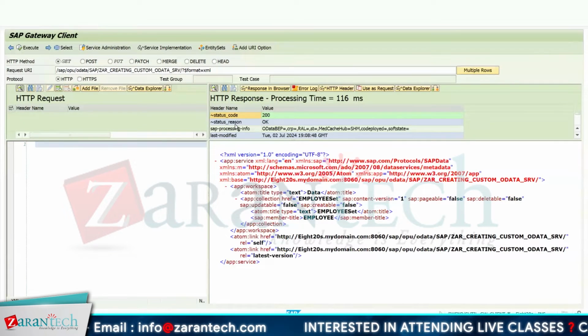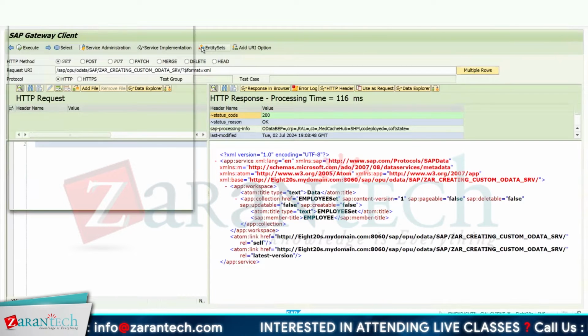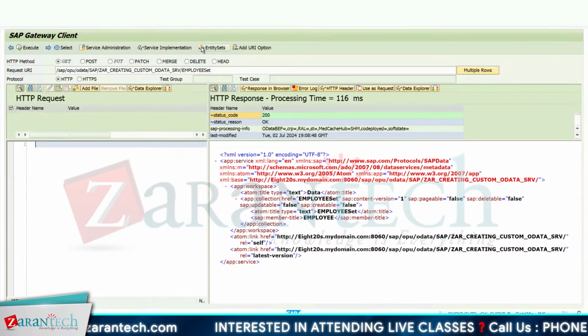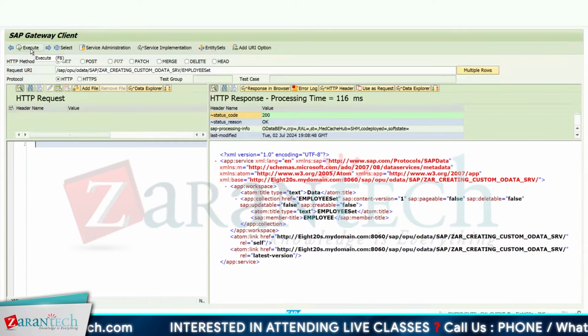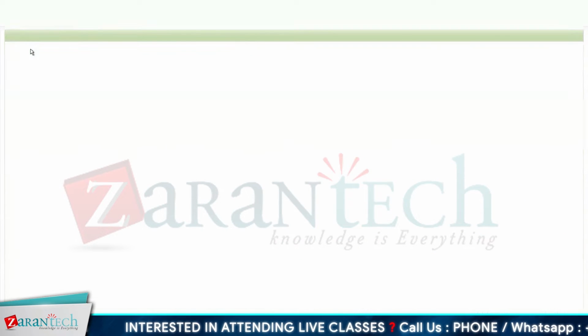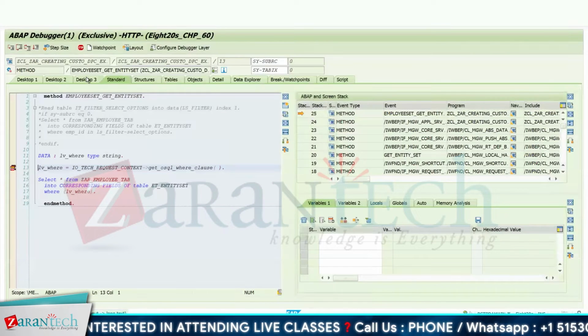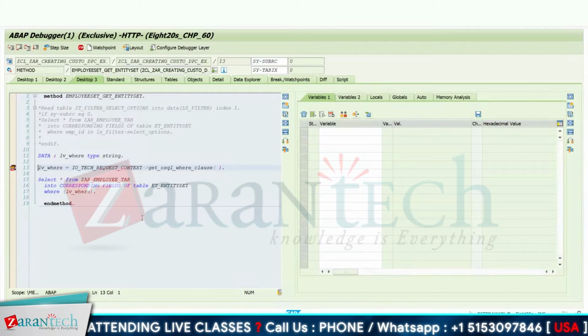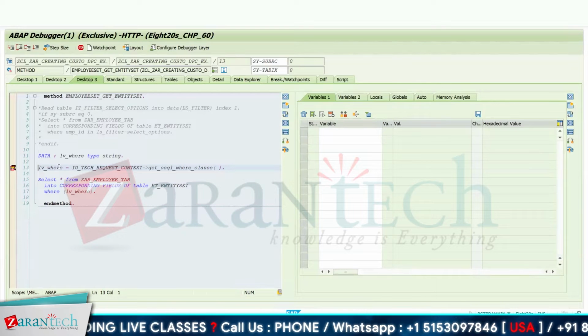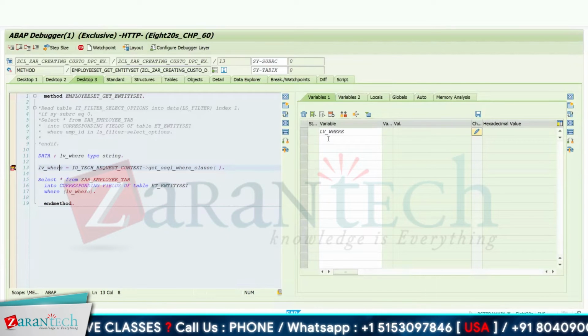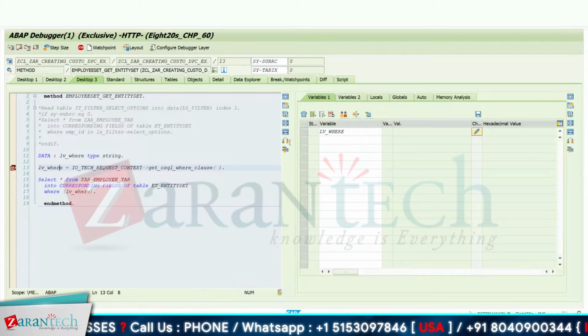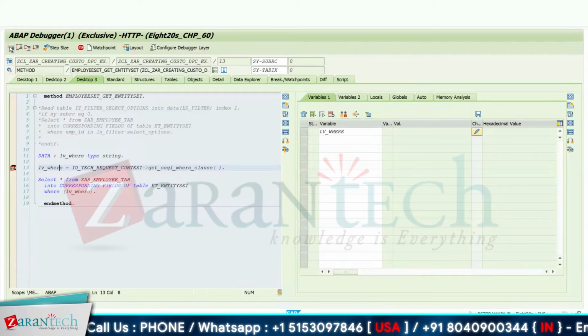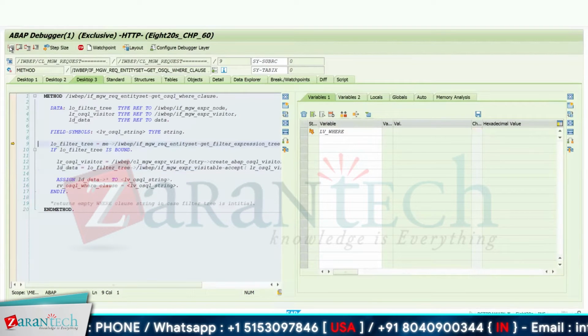See, we are getting our message as 200. Now select the entity set and click on this execute button to trigger your get entity set method. In this scenario, we are simply calling our entity set. That's why our method is being called. Now see what will happen here. At this moment, there is no record in this LV where variable. Now, as soon as you click on this F5 button,